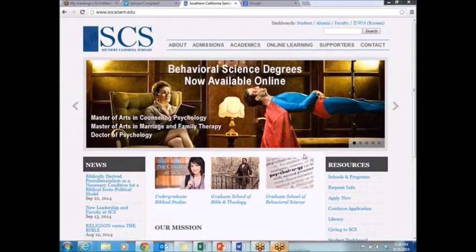So to start off, once you're accepted into the program, you should receive an email in your personal email giving you access to Blackboard and your SCS email. It will be an ID and password that's sent to you with instructions on how to choose your new password and how to activate your SCS email and Blackboard. So follow those instructions. Here's our website,